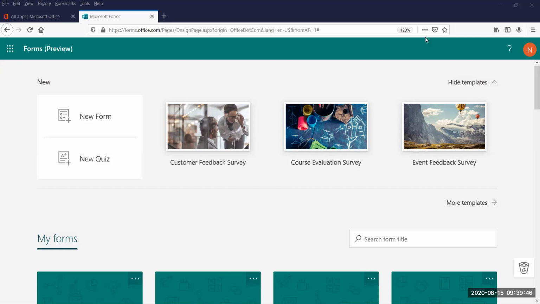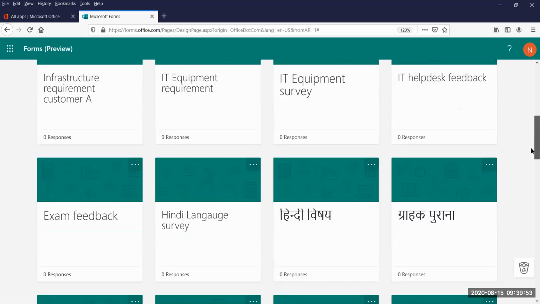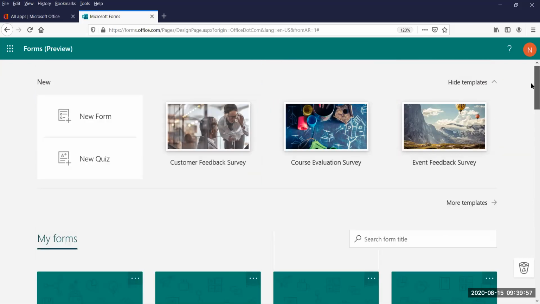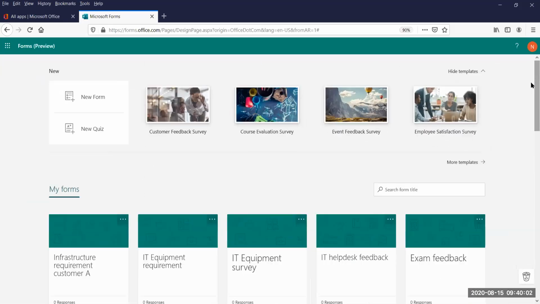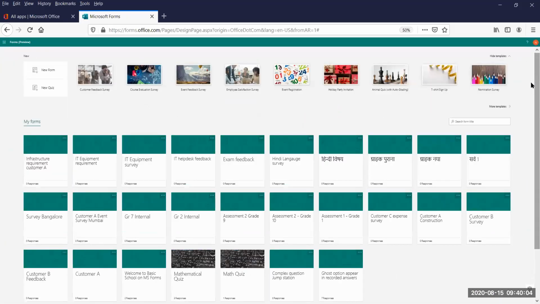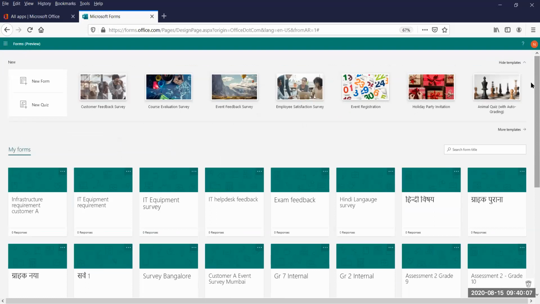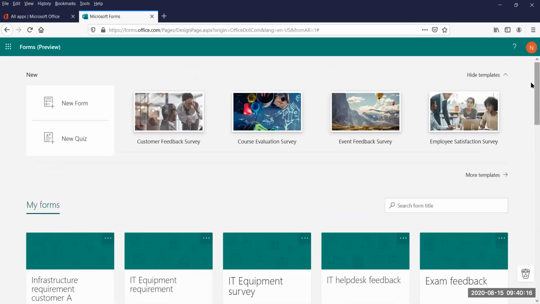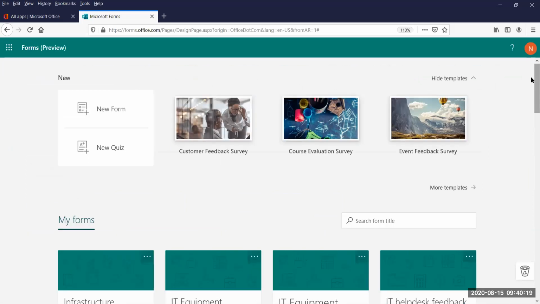So I will show you my setup. For example, I have this setup available where I have forms created like this. You can see the number of forms I have, and if I have to organize a form or find a form, it's very difficult. The best would be I can minimize this just to show you the number of forms. I created it as a sample to create this video for education purposes. And if I increase this, I can show how we can organize these forms.